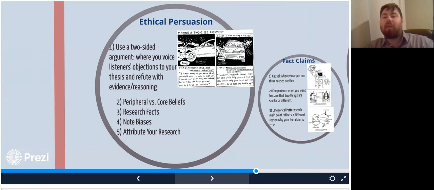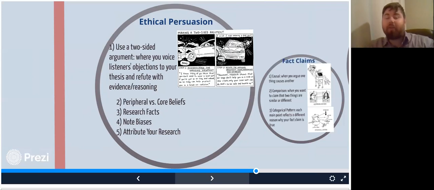Now, a peripheral belief is something that they're not as attached to. So, for example, they may not be as attached to funding for local libraries, so they're not going to be as impacted by that presentation. They might say, okay, I agree, and I am influenced by it, but then when they hear a presentation on their position, they're much more engaged and much more passionate about the position that the speaker has on the issue at hand.